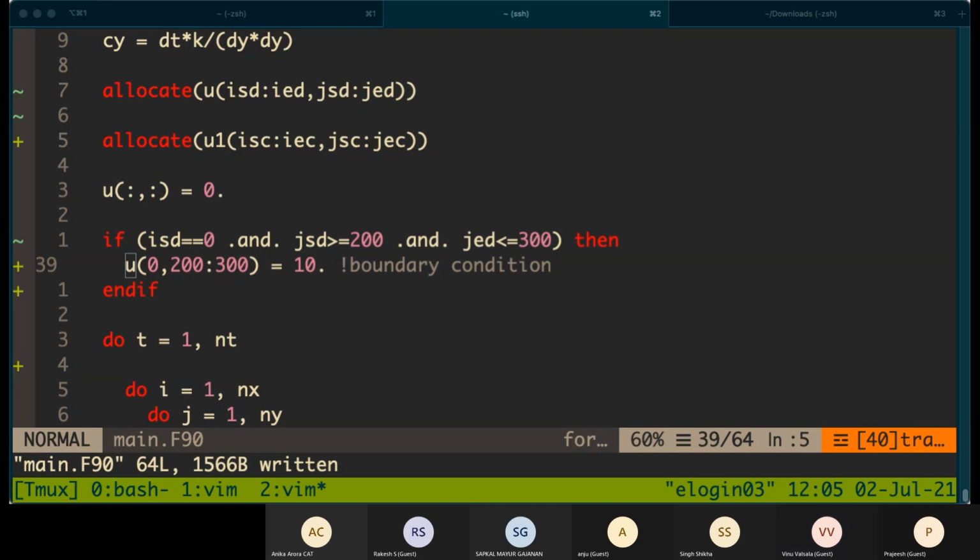So actually, we are allocating an array at higher indices. Will that not consume a big array?